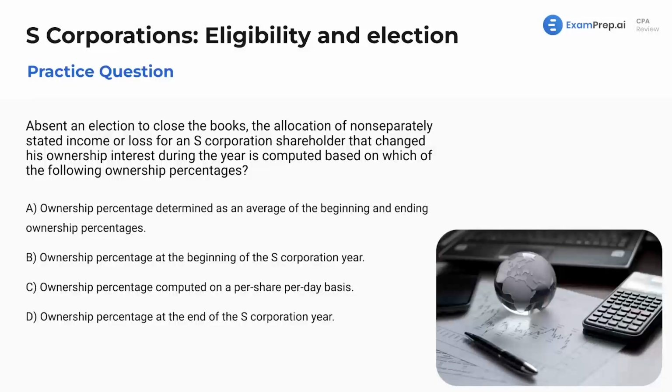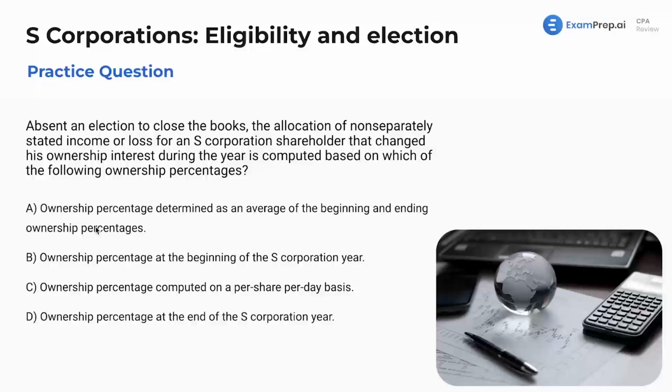Well, this is something you can memorize for sure. There's a lot of things in this exam you can memorize, but if you don't have it memorized, that's totally okay. At the end of this question, I do recommend this is something you memorize, but let's also talk about it and understand it. Starting off first, we see ownership percentage determined as an average of the beginning and ending